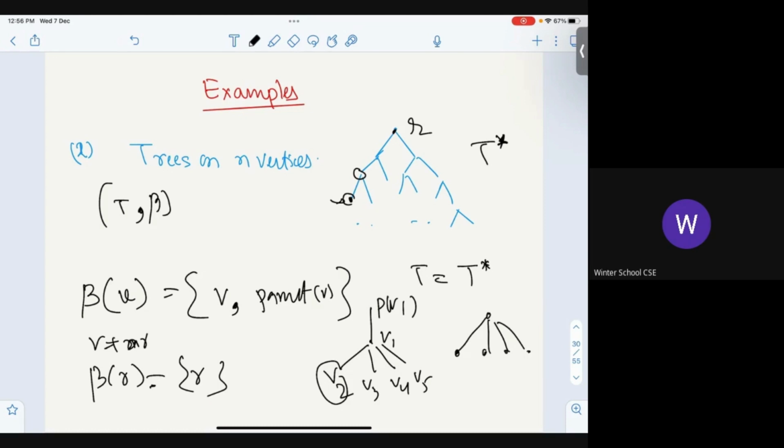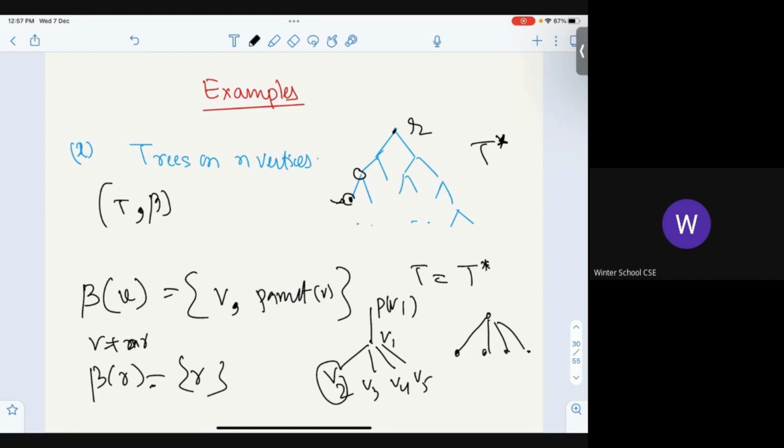And what is its width? 2 is the maximum bag size, so it is 1. This is why tree width is defined with a minus 1. I want a tree to have a value of 1, so that I can quantify everything else. So that was one reason why Seymour defined it this way. You understood? He wanted whatever this quantified property is, on a tree, it should be 1. It should start from there. So he just subtracted 1. There's nothing more to it.